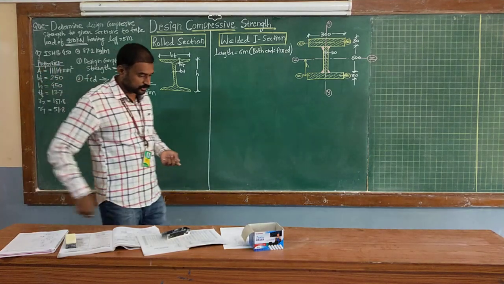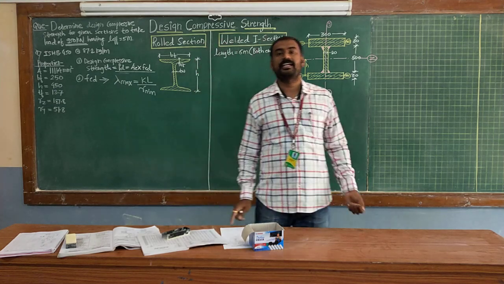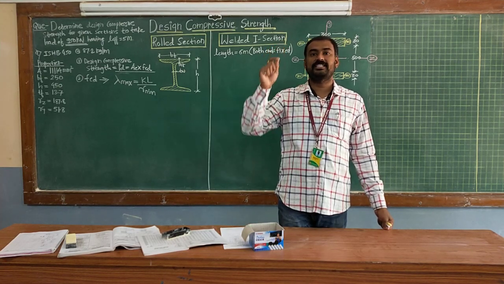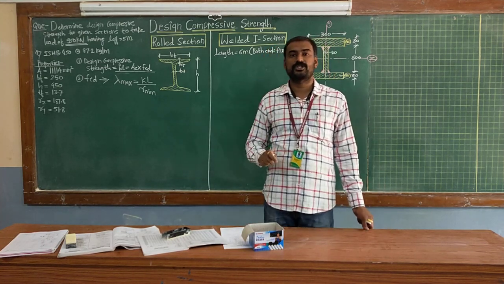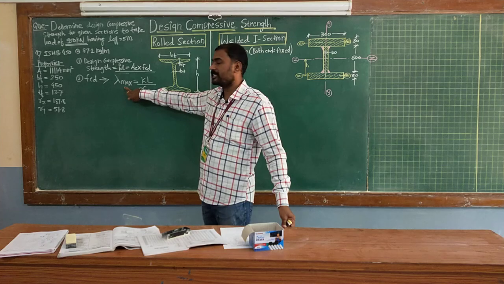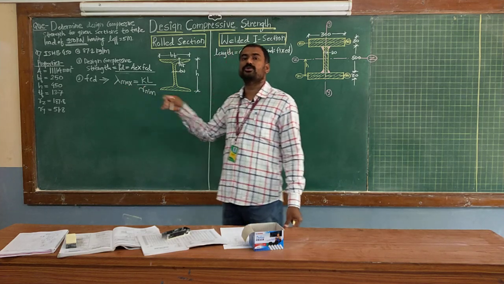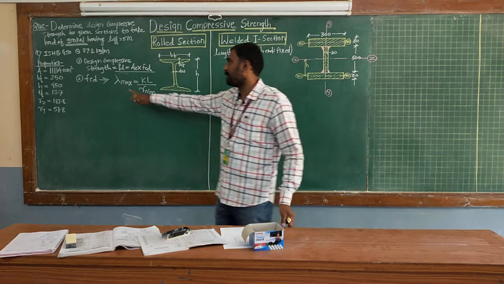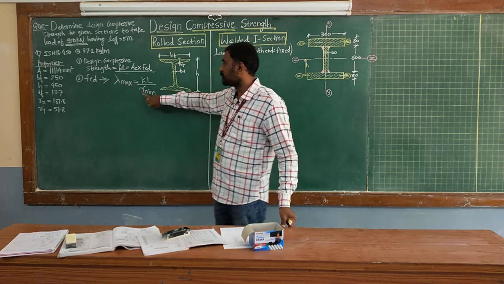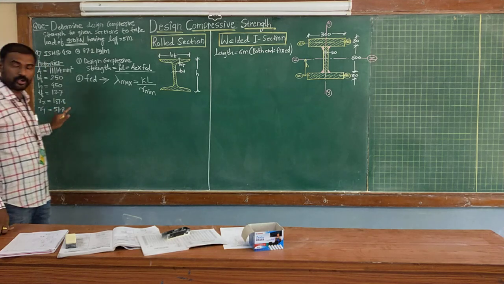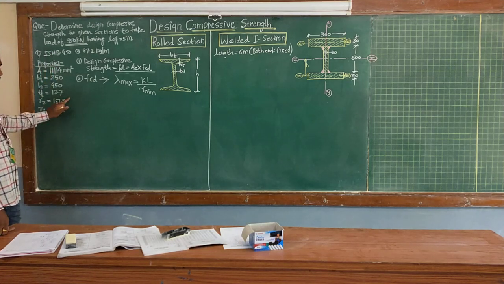If you observe the design compressive stress value tables number 9 A, B, C, D, you must have observed that the slenderness ratios are increasing towards the bottom, but the values of design compressive stress are decreasing. Therefore you need to check your value for maximum. If it is satisfying for maximum slenderness ratio, ultimately it is going to satisfy for minimum slenderness ratio also. So for check purposes we always adopt the lambda max value, and for calculating lambda max, r should be the minimum value. We have two values of radius of gyration, along z axis and along y axis. Here the minimum value is 51.8, that is for your y axis.